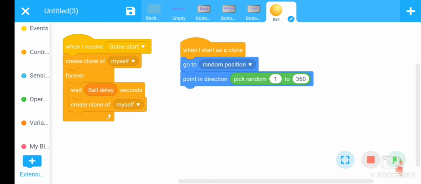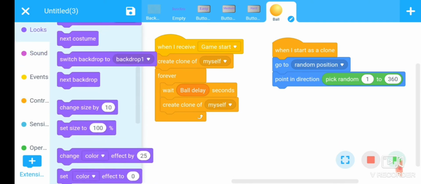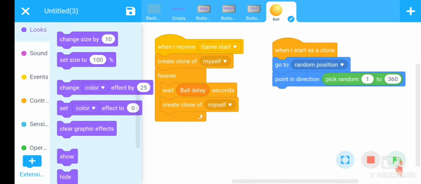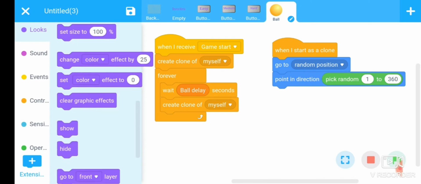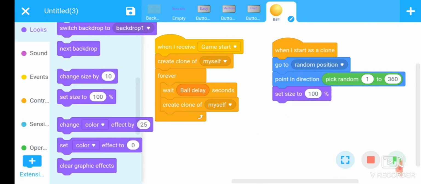Now also define the initial size of the ball. Go to the look section, there is a command set size 100%. Find it. Okay, put this command here, and then here we want that the ball appears on the screen with some effect.